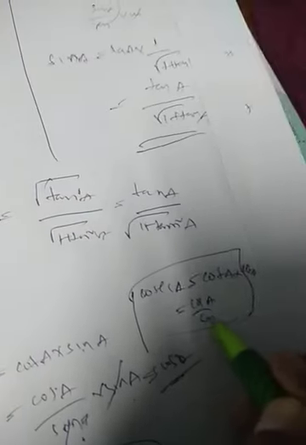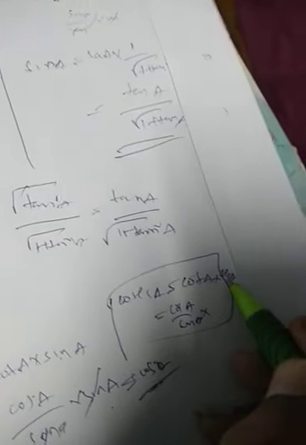Sec A. So otherwise look here. This will be cos A by sin A. Am I right or not? Now sec A is 1 by cos A, which will be cancelled. What will you get? 1 by sin A. 1 by sin A is what? Cosec A. Cosec A is the reciprocal of sin A. In this way we are going to have it.